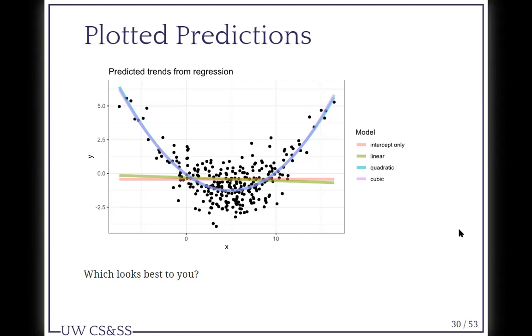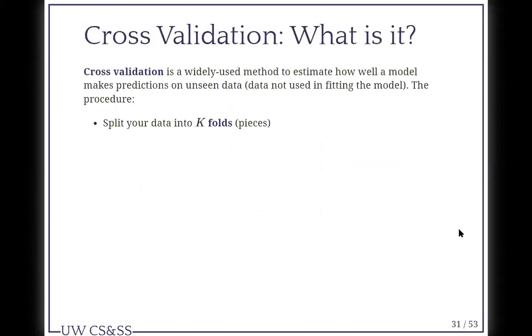Historically, math would tell us that we want the quadratic model because it has fewer parameters. But let's say you graphed 7 models and some of them were sort of overlapping. What would we want to do about that? Let's cross-validate, shall we? So cross-validation is a widely used method to estimate how well a model makes predictions on